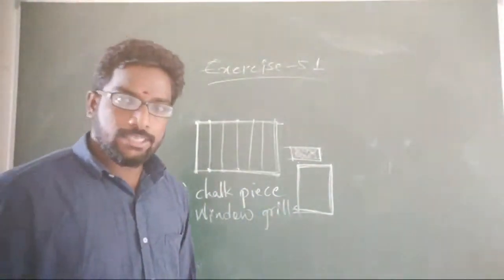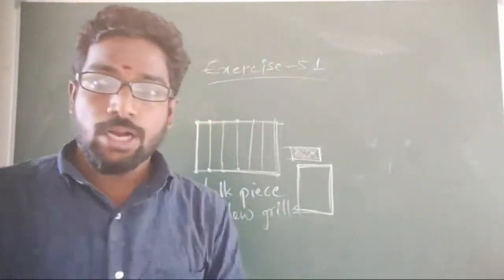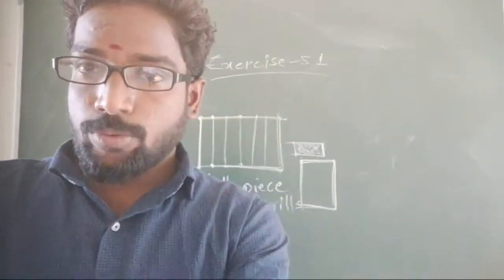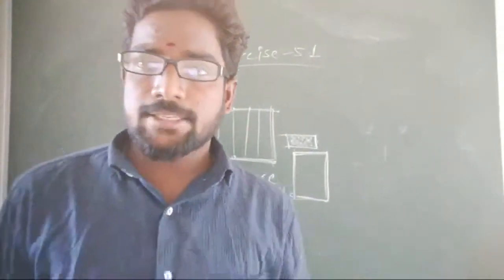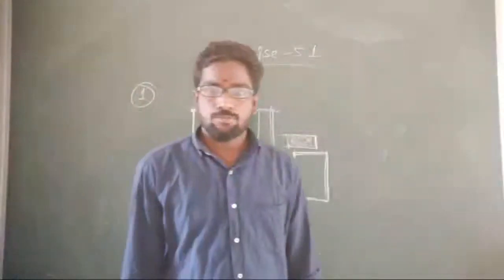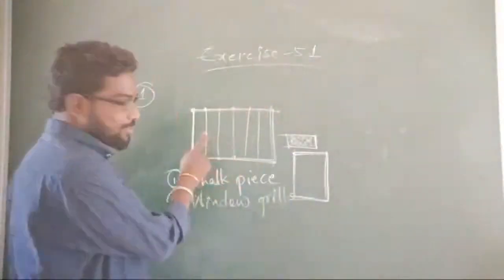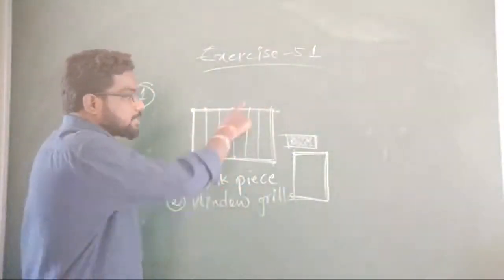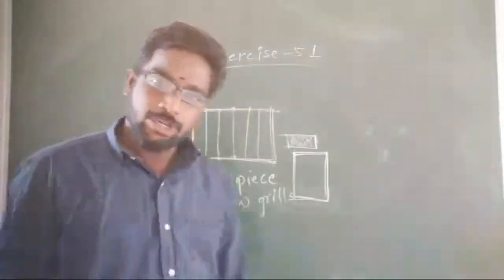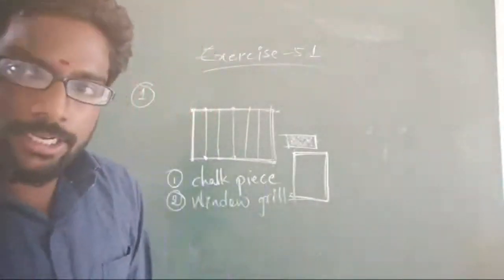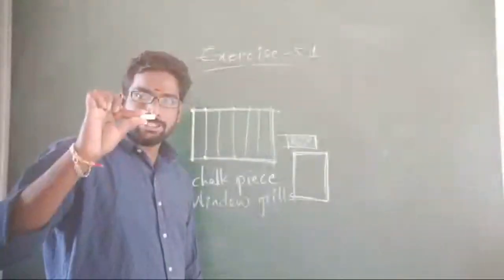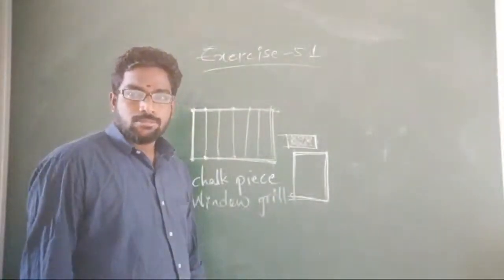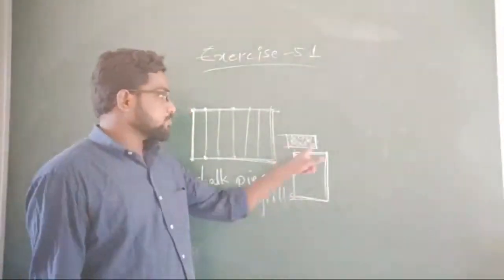Is this the first one? Yes, this is the first one. First you answer my question. Ajit Kumar, where did you see the examples of line segments in your classroom? Windows, okay, I already told you windows. These are the grills of the windows. Yes, windows correct. Doors correct. Chalk piece also correct. Eraser also correct. Eraser has 4 edges.